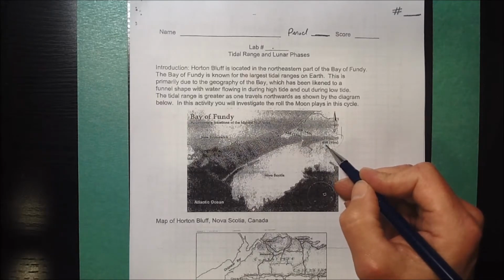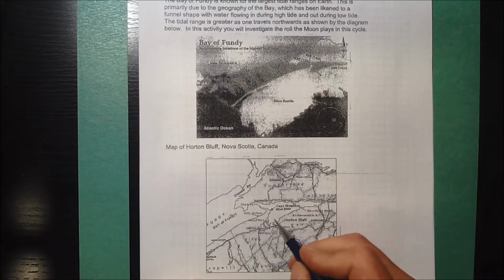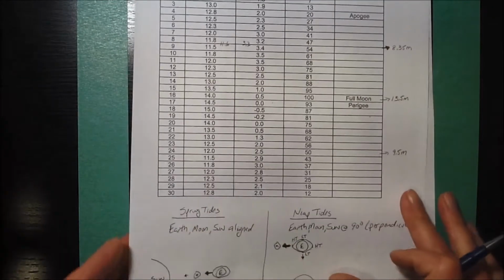or almost 50 feet. Now, the exact data that you're looking at is for Horton Bluff, and Horton Bluff is right here on this map, which is at the far end. So the Bay of Fundy in Nova Scotia, Canada has one of the most incredible tidal ranges exhibited anywhere on the planet. Now, when we flip this over,